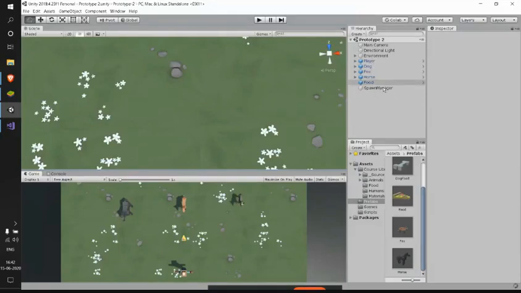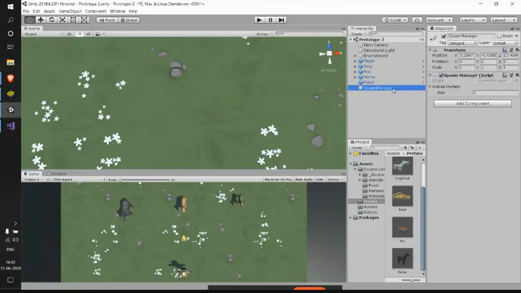When I click this spawn manager, in the inspector I've got this animal prefabs, and in this drop down it's asking me for size. So all the arrays are associated with some size. Say the size is 5. We'll be having 5 elements, and they can be accessed using something called an index. In an array, we have this concept of zero indexing, where all the 5 elements will be mapped with a certain number. Like if we have 5 elements, we can access them using the numbers 0, 1, 2, 3, and 4.